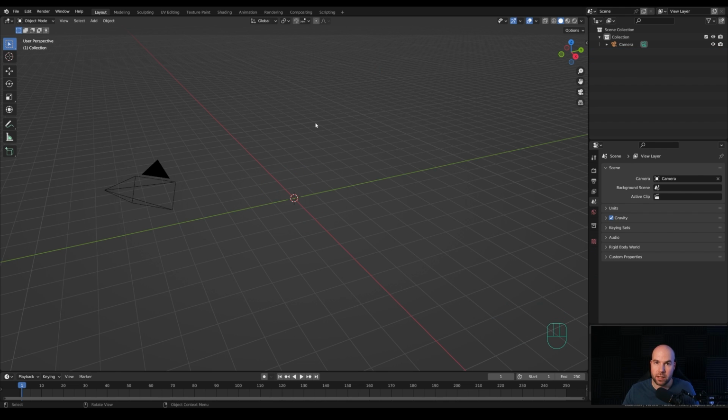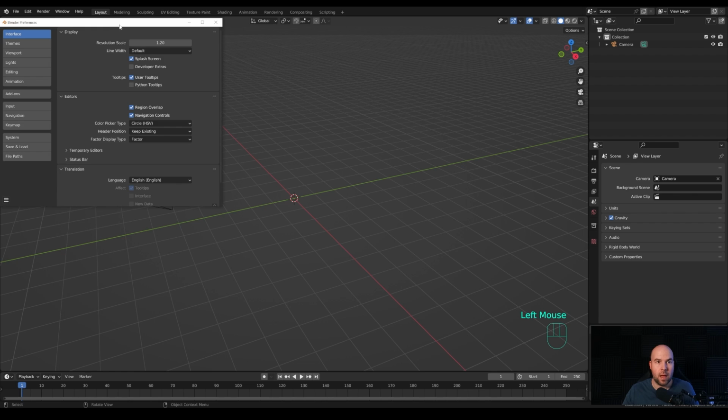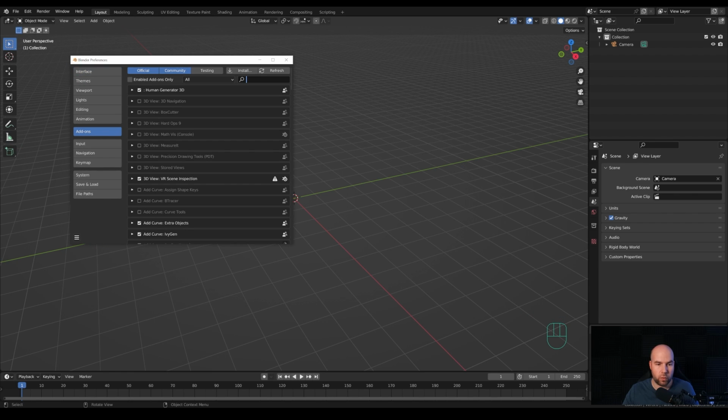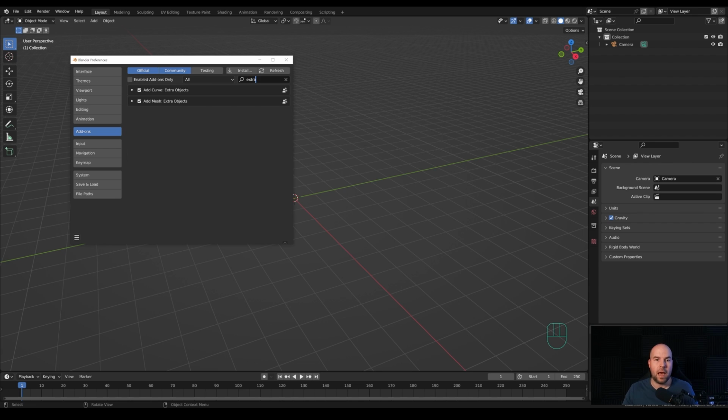And I want to create some turning gears, because I think that looks quite great when creating a loop like this. And fortunately, there's an add-on in Blender that will help us with that. So just go into the edit preferences and activate the Extra Objects add-on. You will find it in the add-on section when you search for extra. And you might already have this activated because I use it almost in every tutorial.